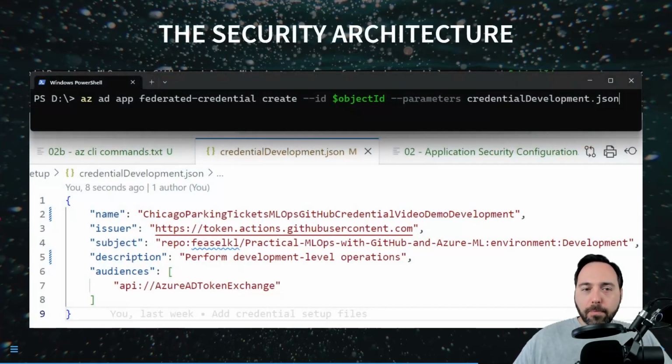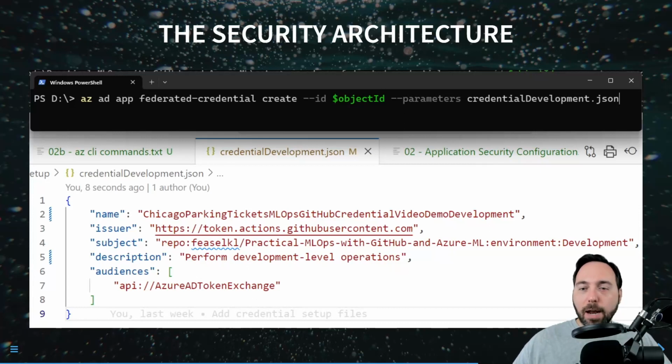After that, I'm going to create a federated credential. The federated credential is how GitHub and Azure will be able to communicate with each other, and they'll say, okay, the secret that you're sending in is basically getting regenerated on a regular basis. GitHub can talk to Azure and say, here's the current version of the secret. Azure will say, okay, yeah, that matches what I've got, and therefore you are authorized on behalf of this service principal to do whatever work we need to do. That's the general idea of what we're trying to do with this federated credential. So we're going to create the